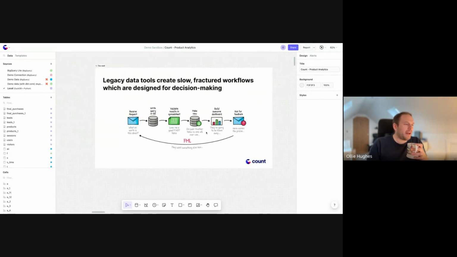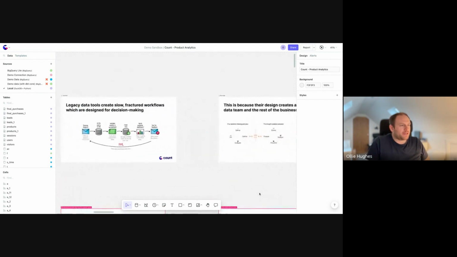That is a problem which is true in other domains of analytics, but it's particularly true in the agile, fast-working way that we see within product, where product teams are by nature very collaborative and very agile focused, and therefore the pain of this is even more acute than it is perhaps in other domains.